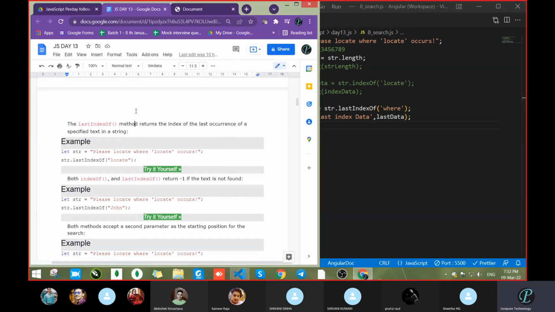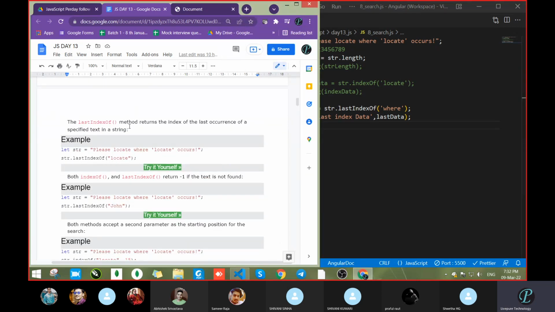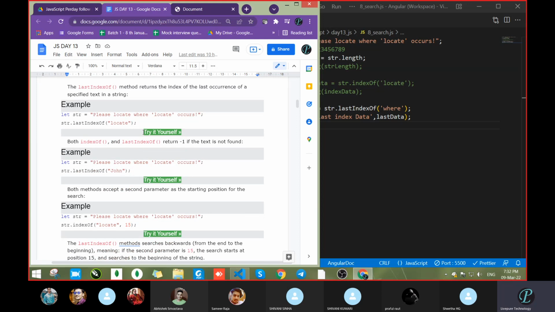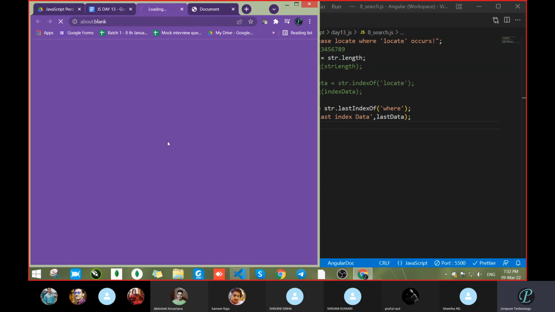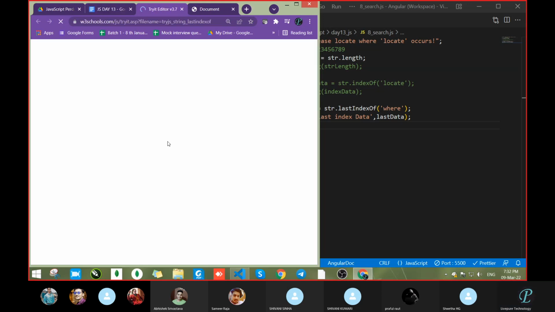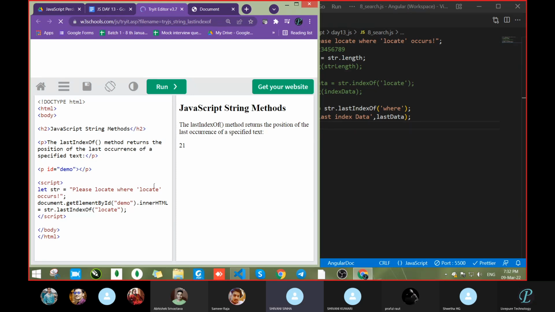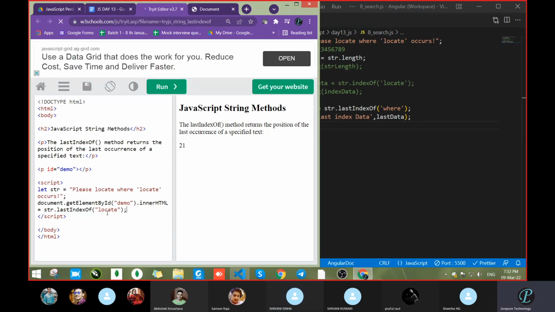Last index: the method returns the index of the last occurrence of a specified text in a string. Fine. So let's see what they had done. They are giving 20. Something is going wrong.